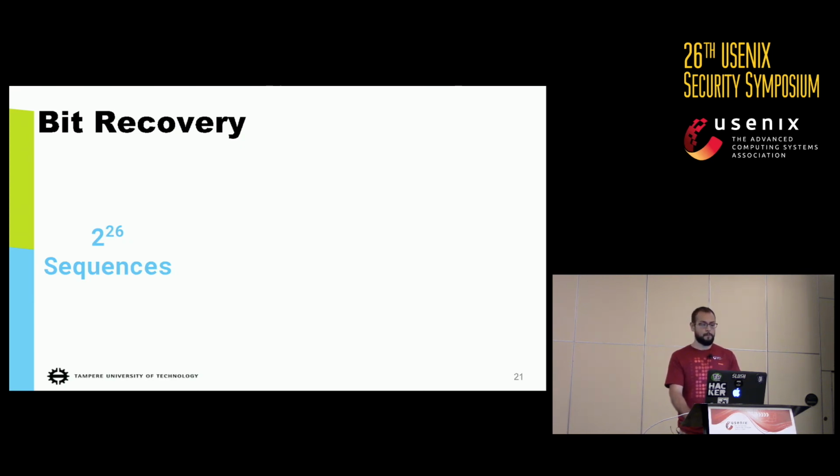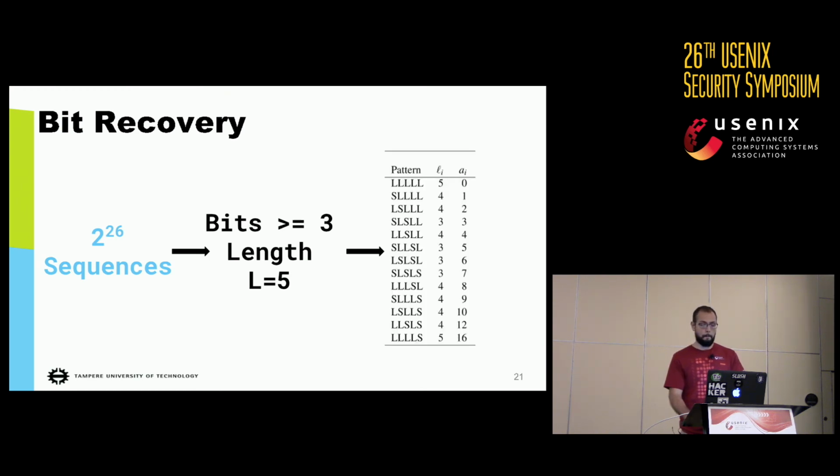So to do that, we created a whole bunch of sequences, and then we were aiming for 3 bits. So we saw that taking sequences of length 5, we could just get at least 3 bits. So at the beginning, looking at these patterns, we could recover this amount of bits with this integer value, the one under AI, sorry. So we did this for length 5,